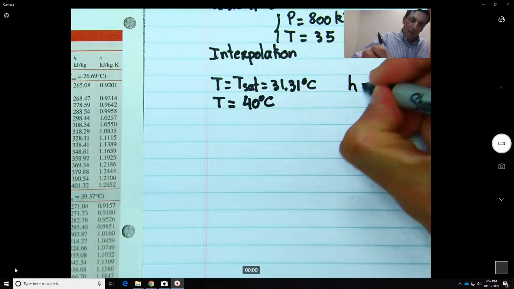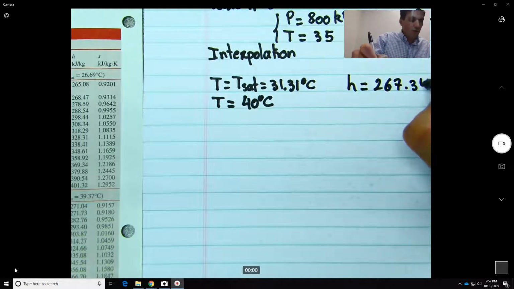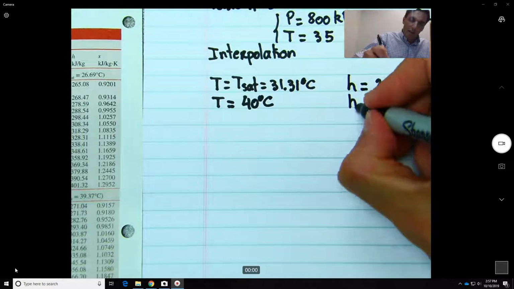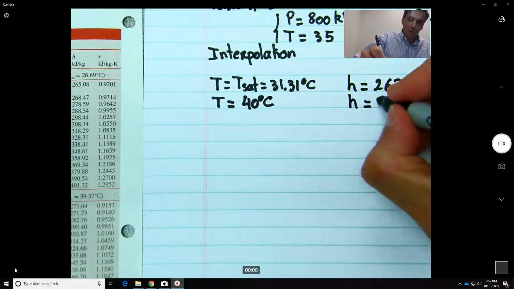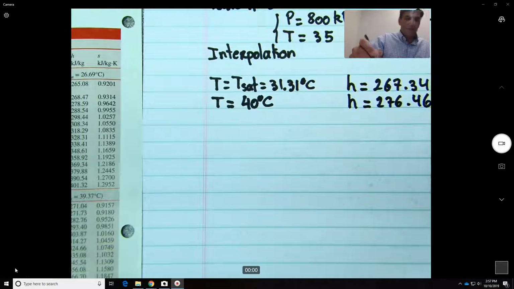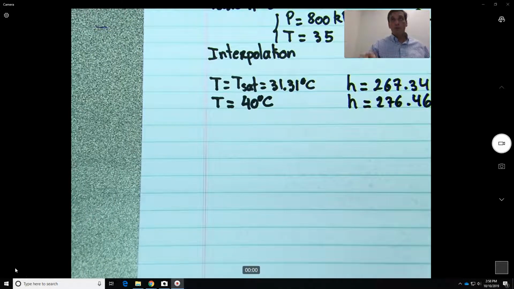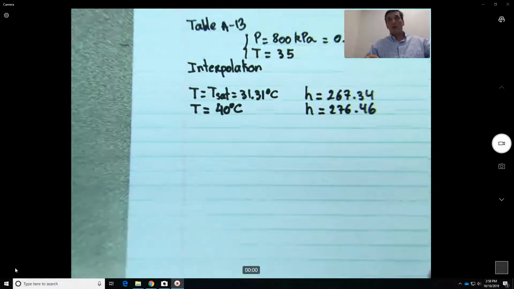H equal to 267.34 and H equal to 276.46. Okay, so here I'm going to refer you to the video about interpolation because I'm just going to do